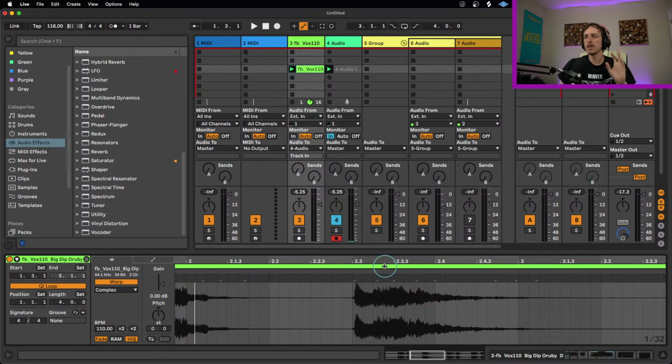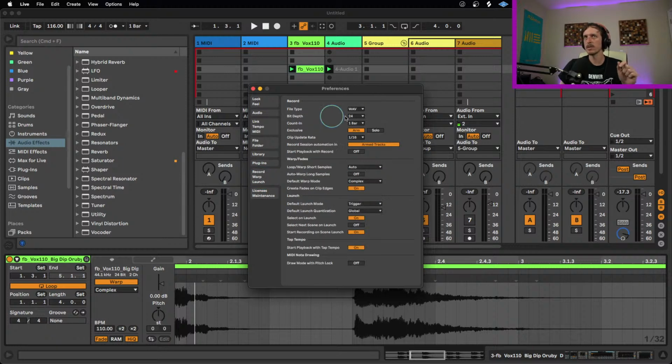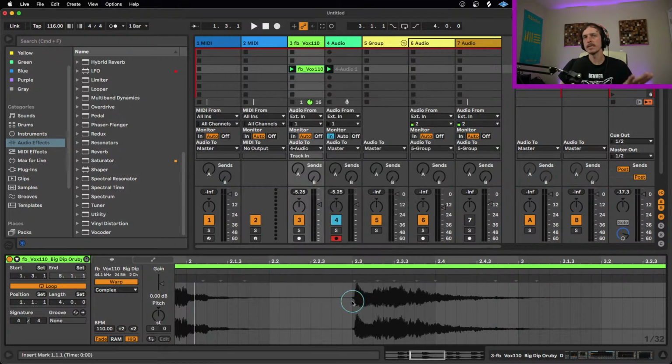There are two primary controls that are controlling the audio quality of anything you're recording into Live. There's going to be sample rate, and then over in your Record Warp Launch tab, there's going to be bit depth. Now, the way these work essentially is that if we,